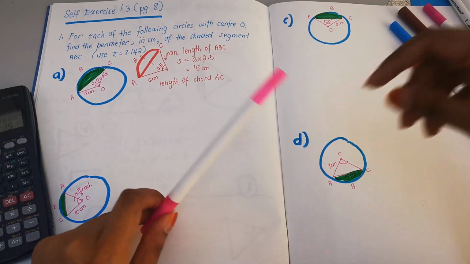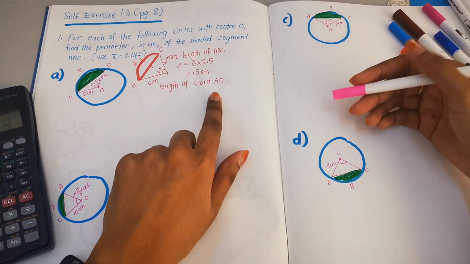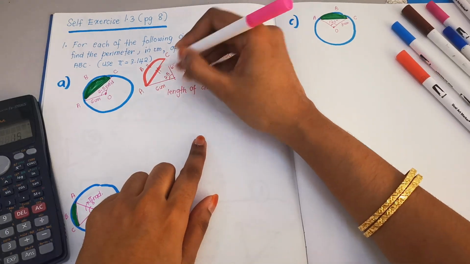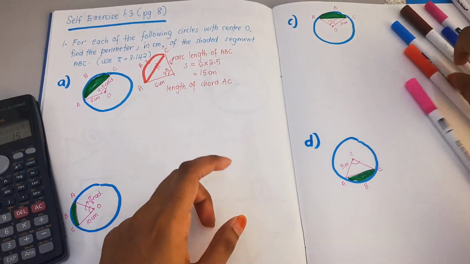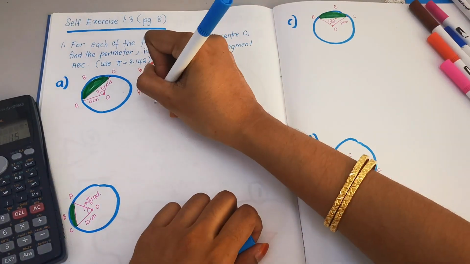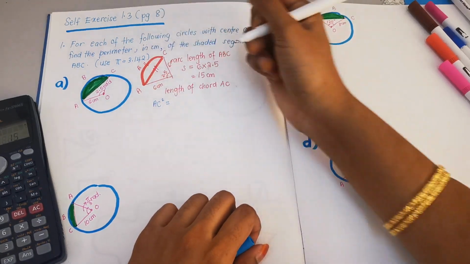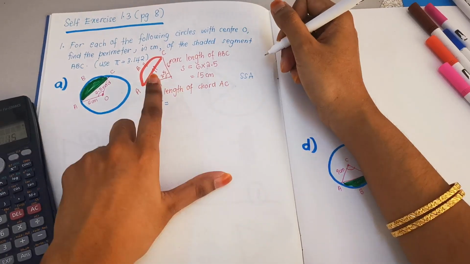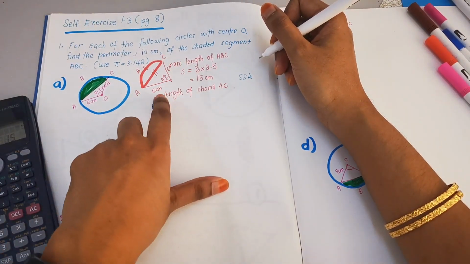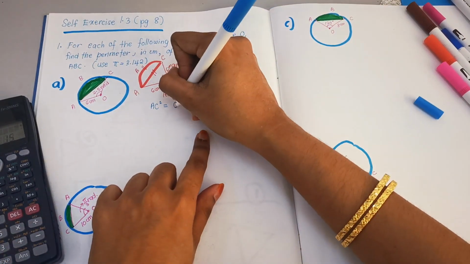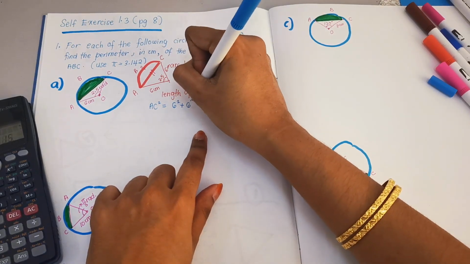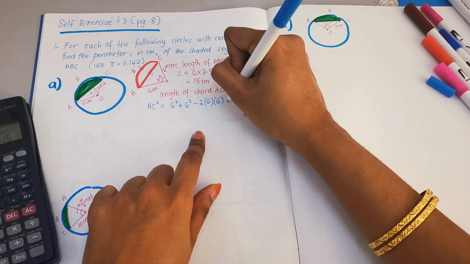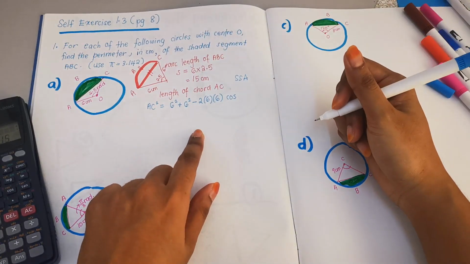So now let's continue with the length of chord AC. We're going to use the cosine rule. That means I'm going to find the length of AC. So AC square equals, because for cosine we use side-angle, what are the two sides? 6 and 6. So 6 square plus 6 square minus 2 times 6 times 6 cos of, be careful